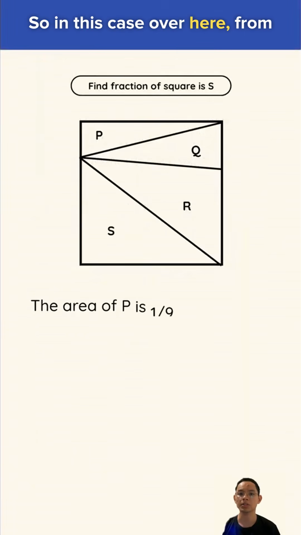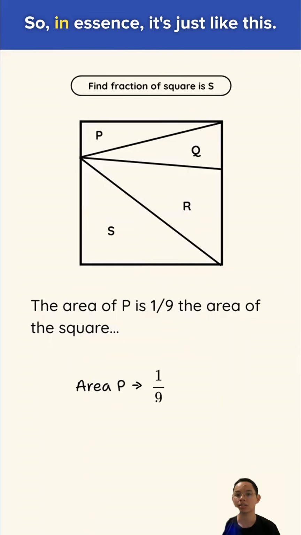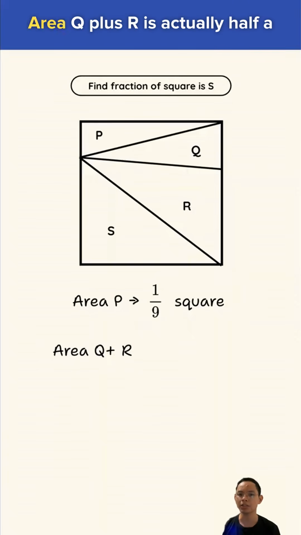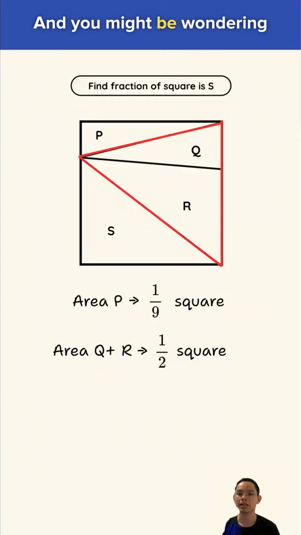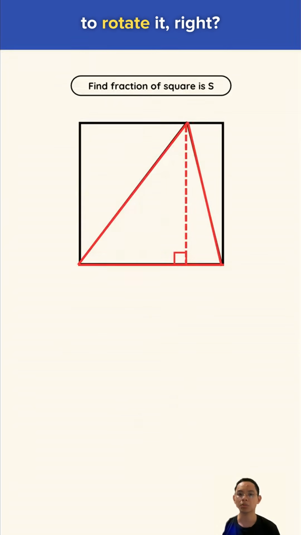So in this case, from the question, we know that the area of P is 1/9 of the area of the square. So in essence, it's just like this. Now, I'm going to share with you that area Q plus R is actually half a square. And you might be wondering, why? So if you were to rotate it, you can see that it is a triangle